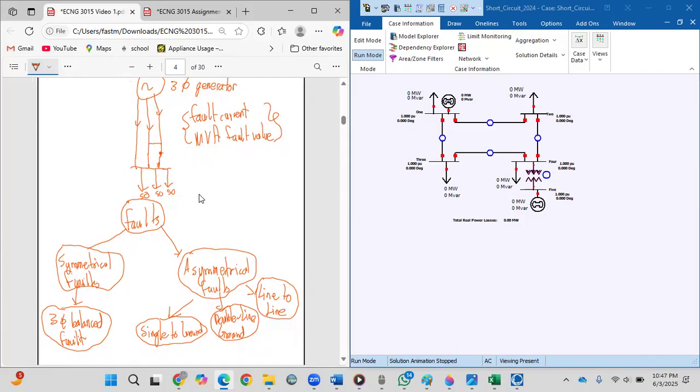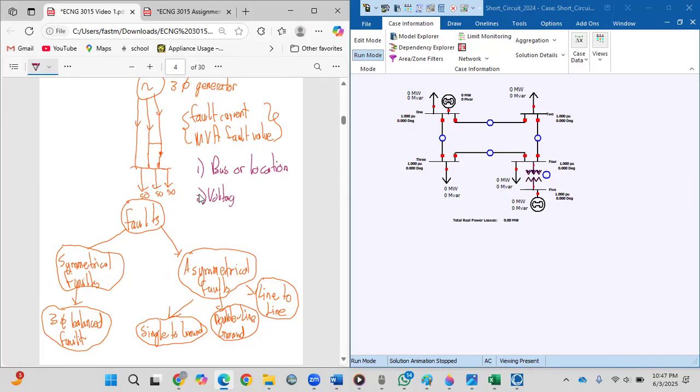Some things to keep in mind when you're trying to do the calculation. The first thing is the bus, or the location. A bus is basically a point where the power leaves or a point where the power enters, right? And then the second thing is the voltage at that fault, so the nominal voltage at that position. You need to know where that is. And the last one is the impedance